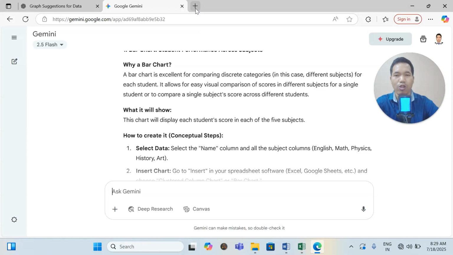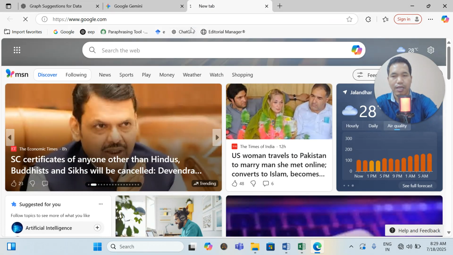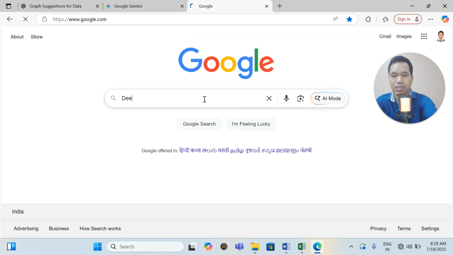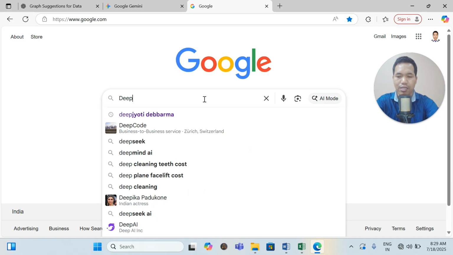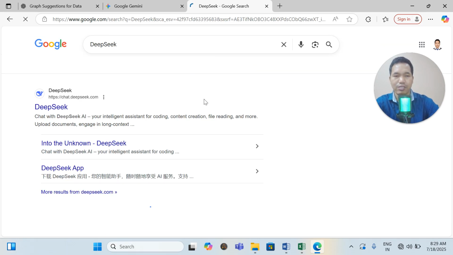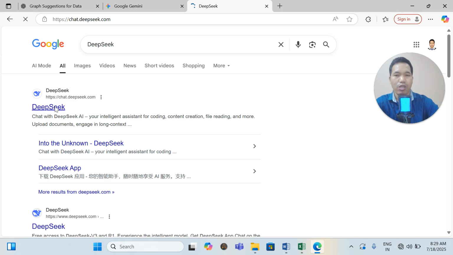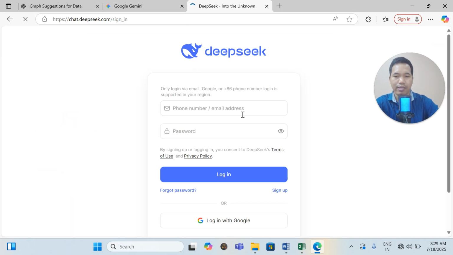Okay, and also the third one you can use, I'm showing you all three important large language models, DeepSeek, here. So you can type this DeepSeek. Yes, see here. You can type this, open this. You log in with your Google account. Then log in. They're asking for login. See, log in with Google. You can log in. Since I already have one, I hope you all also have an email. Everyone has an email, right? So in this way, you can log in.